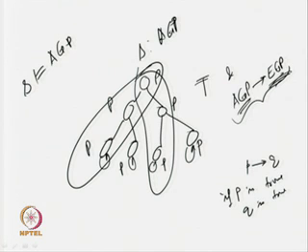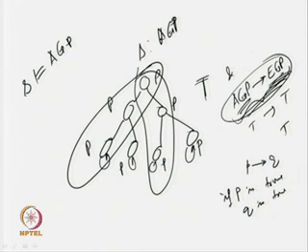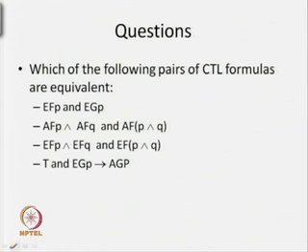So, that is why I am going to say T, true, and this particular formula, because this is some sort of a tautology we are going to get. If this is true, this will be always true, and true is going to give me always true. Okay. So, that is why I am saying that this formula and this particular truth value true are equivalent. Similarly, you can look for the other one also that I am going to talk about, T and E g p implies A g p. Just see whether they are equivalent or not. If they are not equivalent, then you can give a counter example. If they are equivalent, then logically try to establish it.